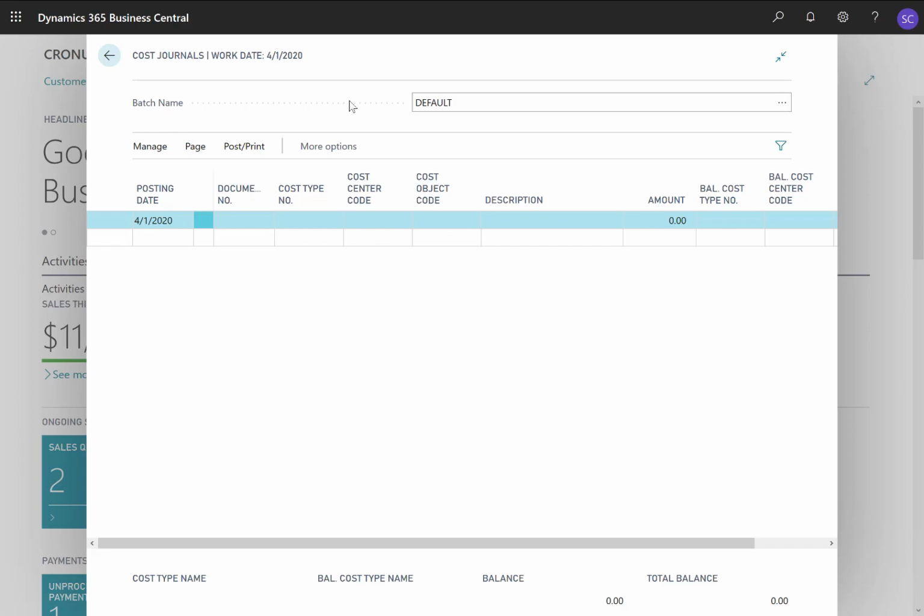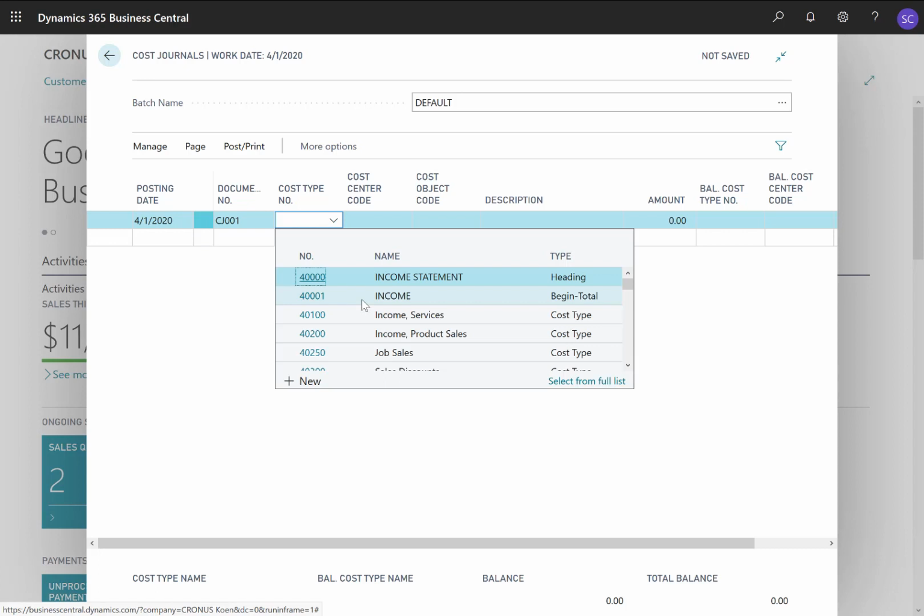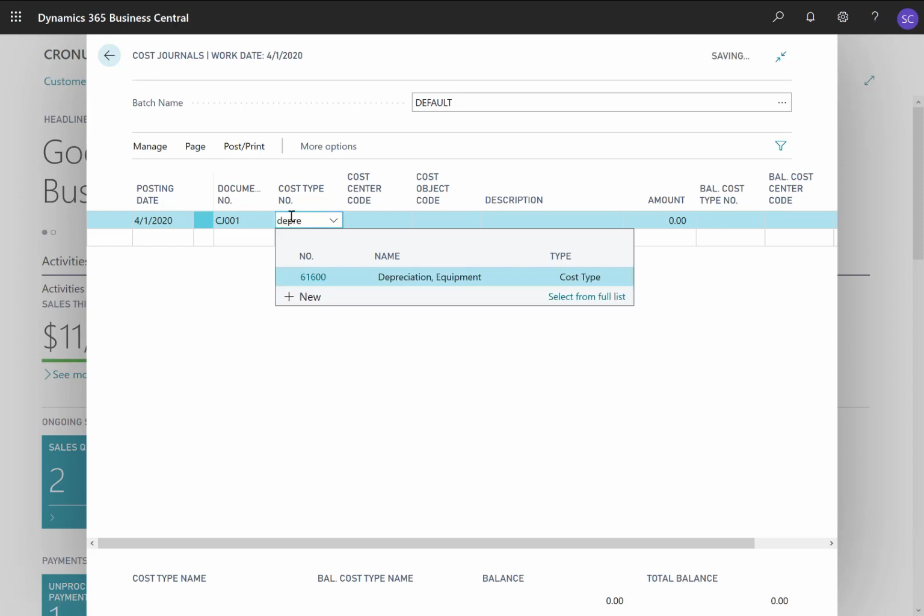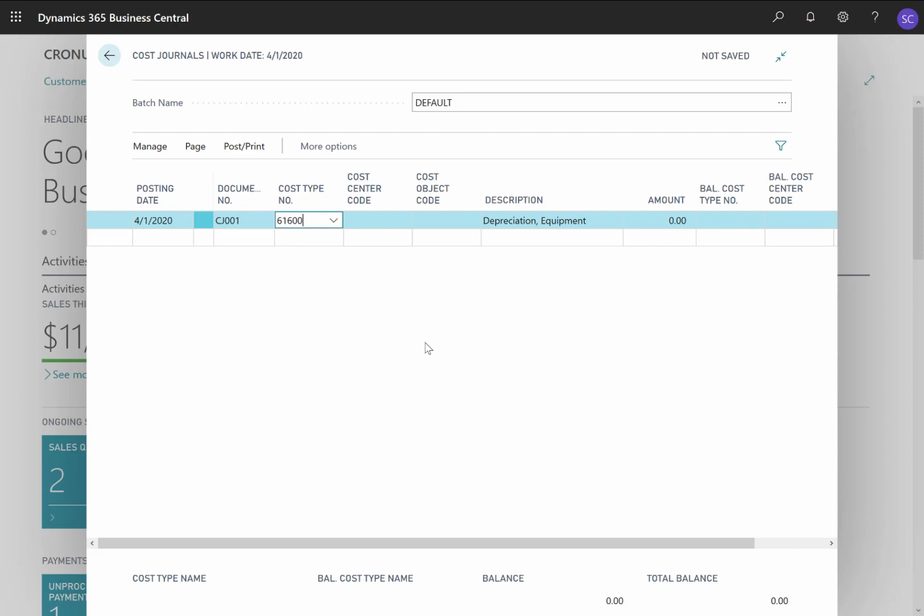Next, I will stick to the default batch name, but you can also create another batch if you want. And then I will start with entering a posting date. Then the document number, which I will enter manually, and then the cost type number. So just as you choose, for example, a GL account number in a general journal, here we have to choose a cost type number. So let me search for a cost type depreciation equipment, and then the cost center or